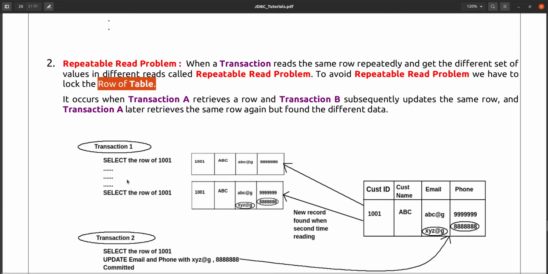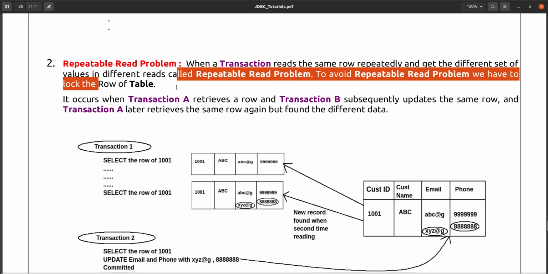If it is not locked, it means no other transaction is holding it. So whether you read this value 100 times or 200 times, you will get the same result. That is why, to avoid the repeatable read problem, we have to lock the row of the table.